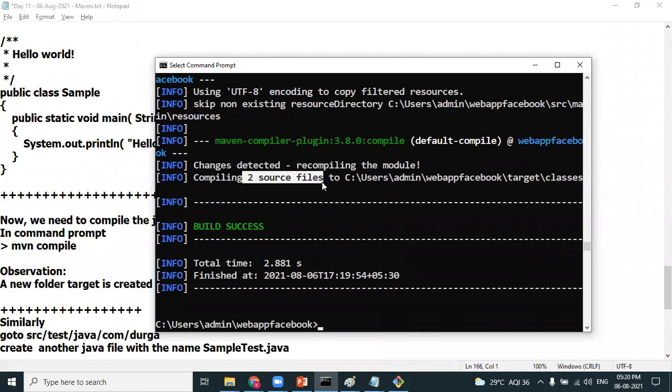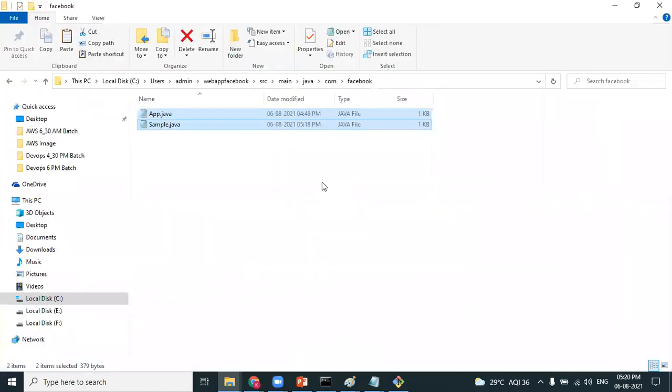If there are 200 files, all 200 source files will be compiled, and .class files will be generated. Where will the .class files be generated? In the target folder. All the results will be available in the target folder only, Arvind.